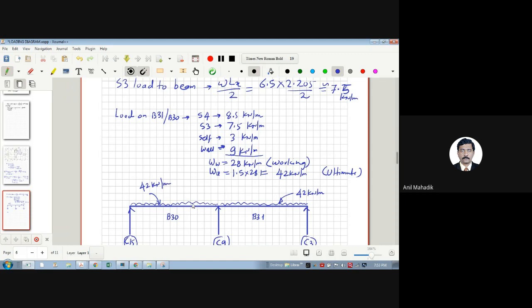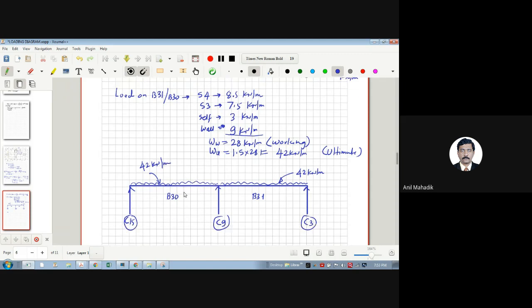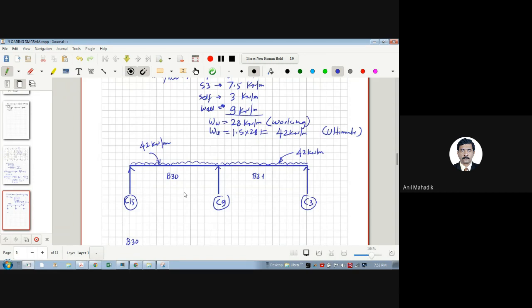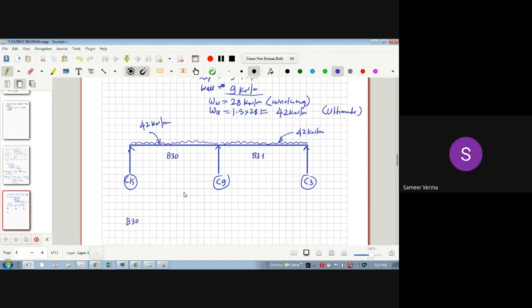So this is my loading diagram. Once you get the loading diagram, you can calculate the shear forces, bending moments, and so on. And once you get the shear force and bending moment, you can design the beams. Got this? How to draw the loading? Yes, sir. Now, if you want to get the loads on columns, all of you know that